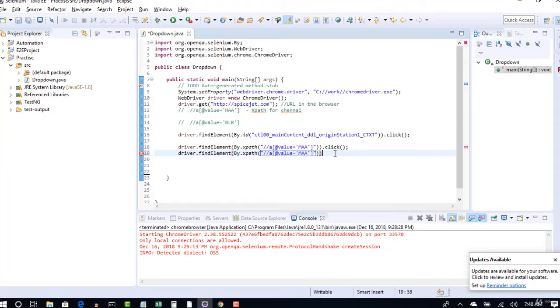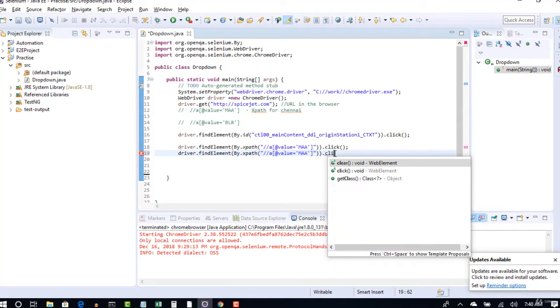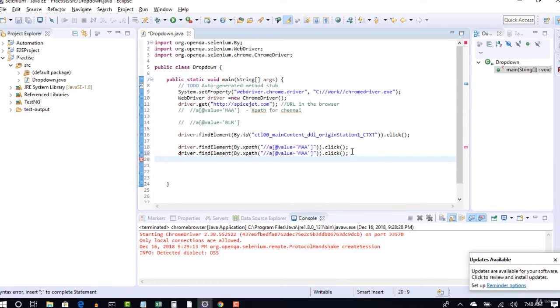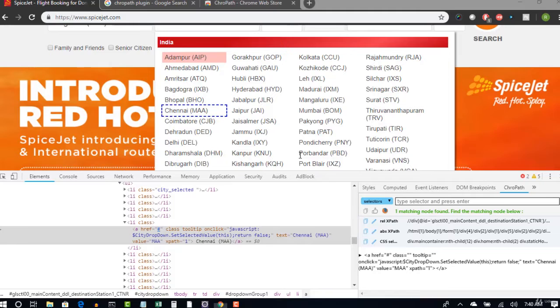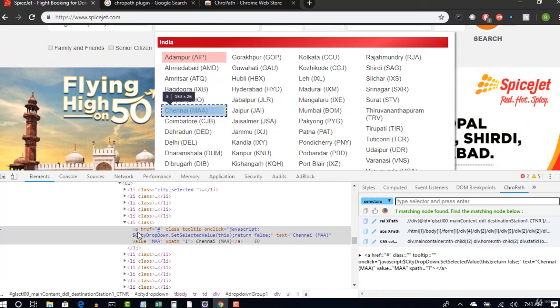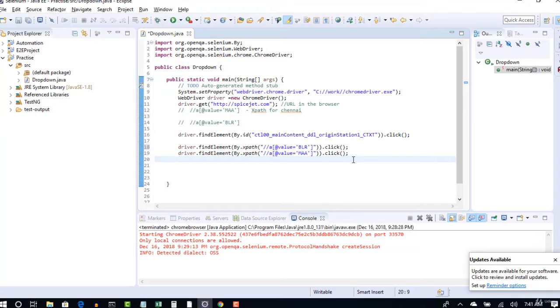For the first time, we really don't care about all these. Here it is Bangalore BLR, and here it is Chennai. Tag name, attribute, value. I'm not giving any index right now. Let the script fail and then we will see how to fix that with the index, which we saw just now.